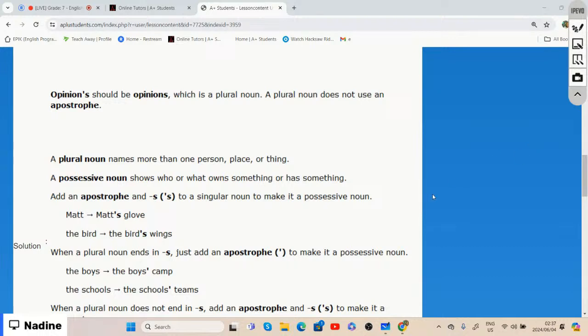So remember we said with apostrophes, right? We add the apostrophe to the noun, and that is to show possession, right? It either shows who or what is doing something, owning something, or something that belongs to him or her, right? And we also said that when we add or select